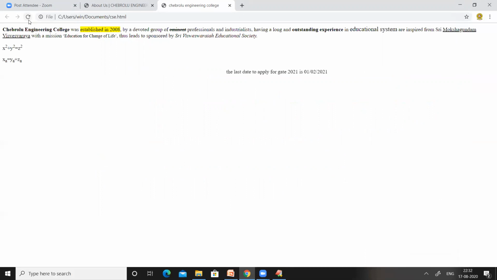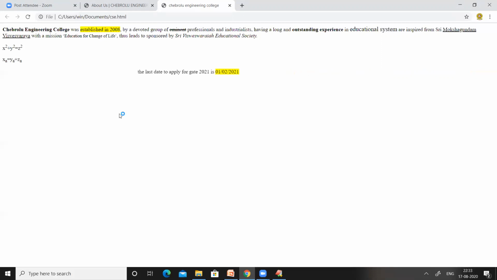Just refresh the browser to apply the changes you have made in the editor. Now you can observe the text is again moving, and the date gets highlighted. If we want to grab the attention of the viewer, so many people are viewing the web page.